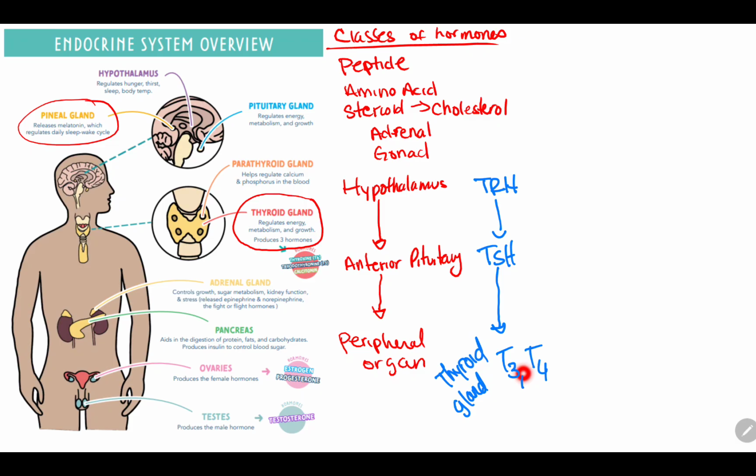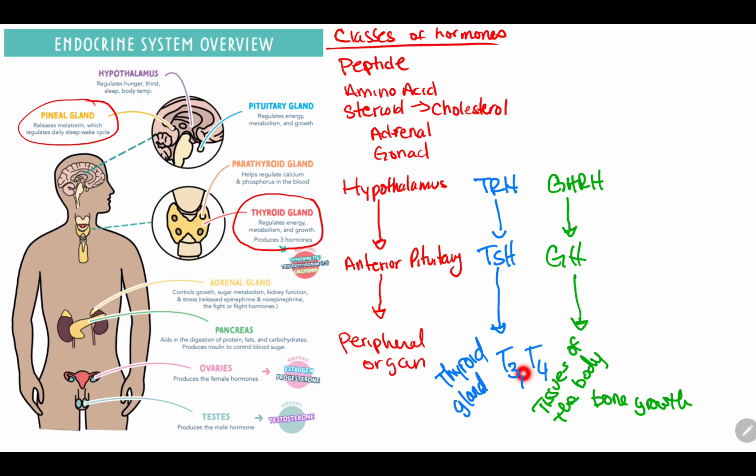And also remember, for example, growth hormone releasing hormone goes down the portal system, tells the anterior pituitary to release growth hormone, right? And so growth hormone is then going to go to really just the tissues of the body. But it's going to stimulate, for example, bone growth. And like we mentioned in class, it's going to stimulate the production of insulin like growth factors, that will stimulate growth in bones and in muscle cells and muscle tissue, right? So you can grow.